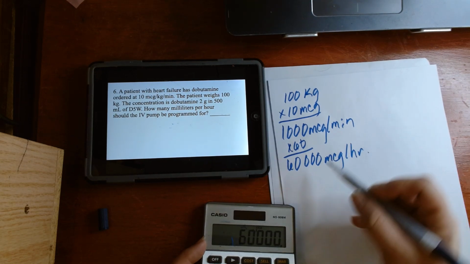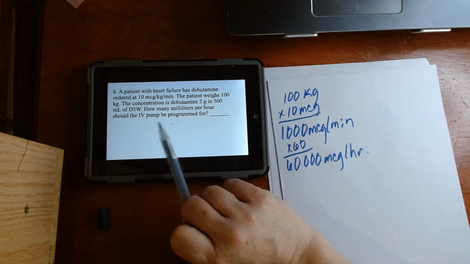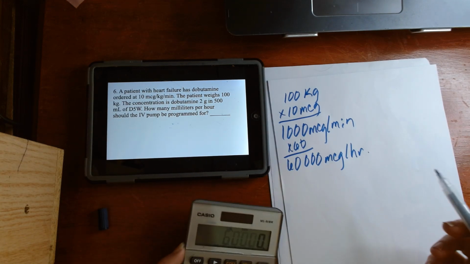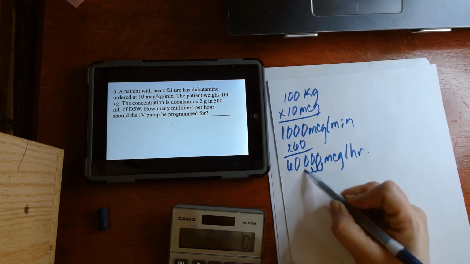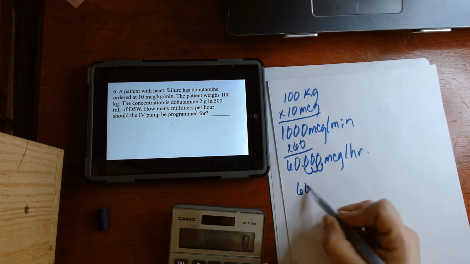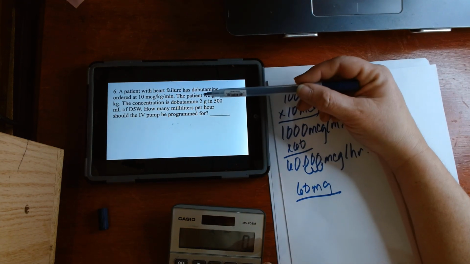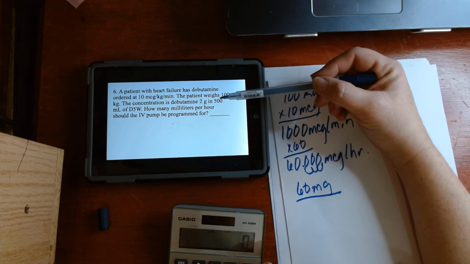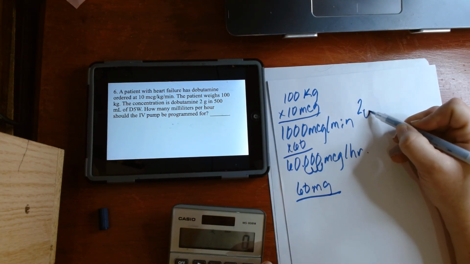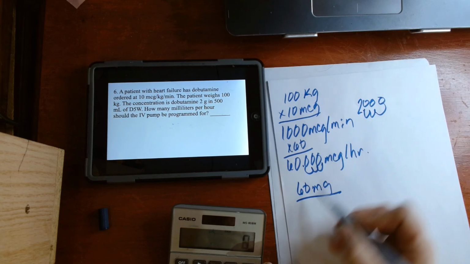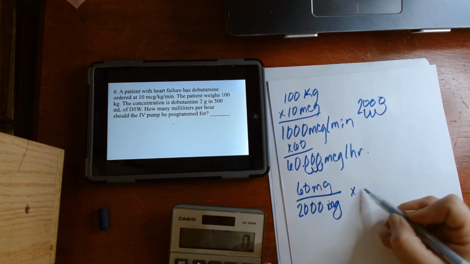Okay, and then we're going to convert this, because Ethel and her milliliter addicted self, we're going to go 1, 2, 3, and it's going to be 60 milligrams is what the man wants. What we have on hand is 2 grams and 500. You know 2 grams, 1, 2, 3. We done it. I'm just doing it simply because I can. Times 500